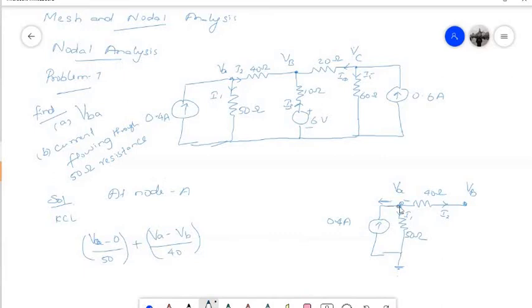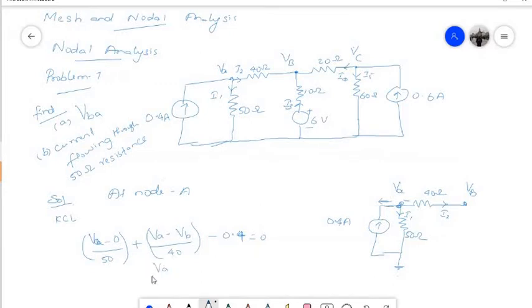So at the same time, what is this current? So this current that is flowing here. Now already you have a current that is flowing in the same branch but in the opposite direction, that is 0.4 ampere. So you can write it as minus 0.4, because you see this and this are in opposite directions. So that's why I am writing minus 0.4. So this is equal to 0.